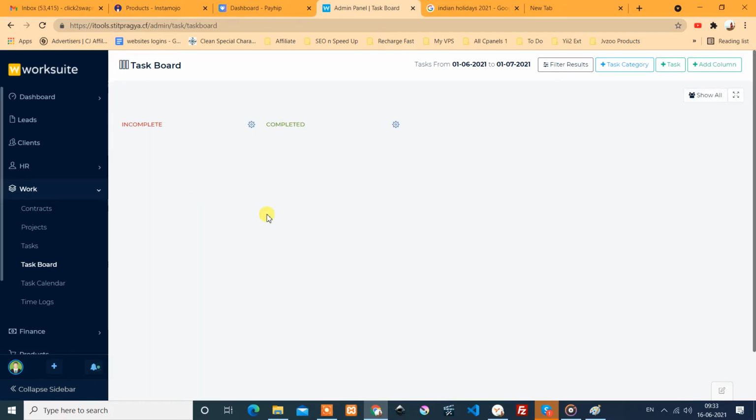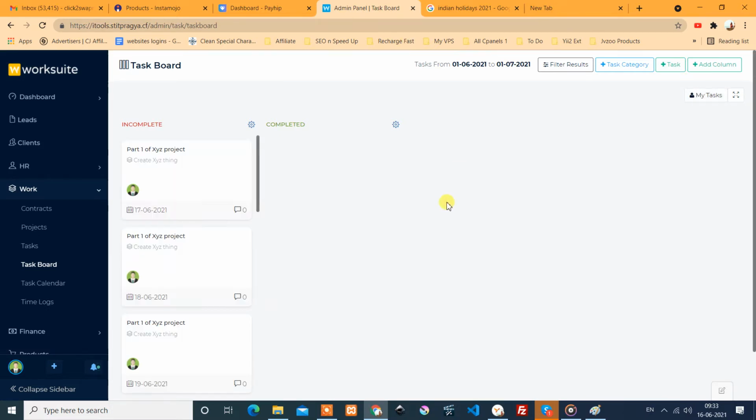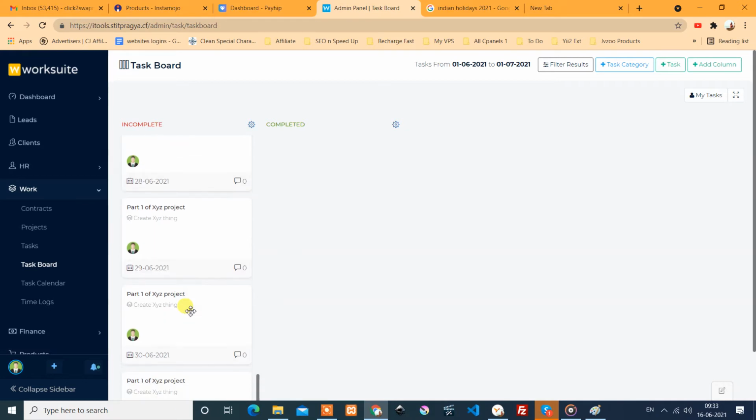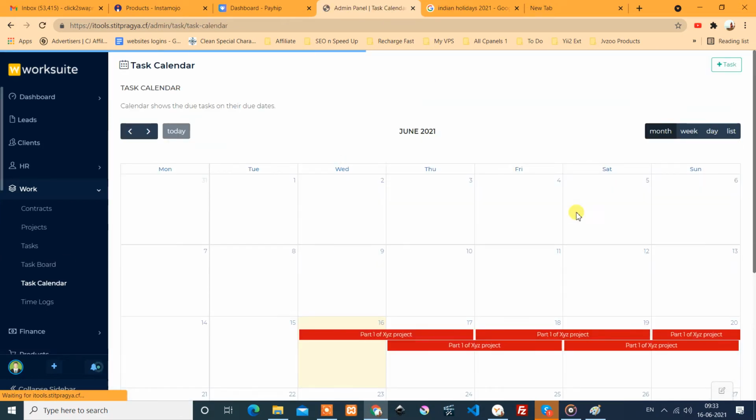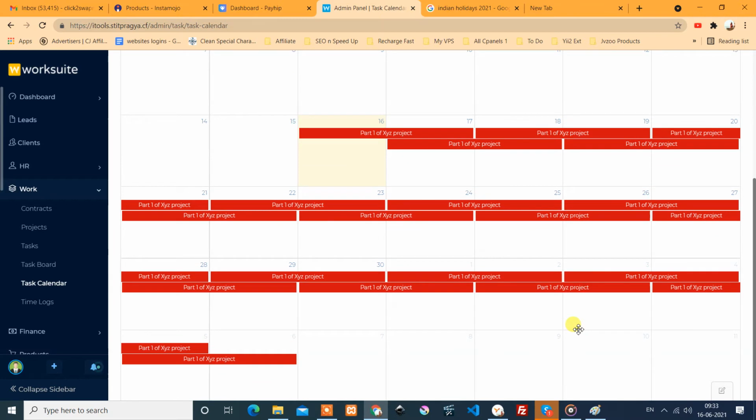Currently we are not assigning any task to the admin, the admin has not given any task to himself, so his own tasks are empty. And here under show all, the admin can see all the tasks of the people. So this is the task board, and here is the task calendar. From the 16th, for the next few days, we have this task calendar.